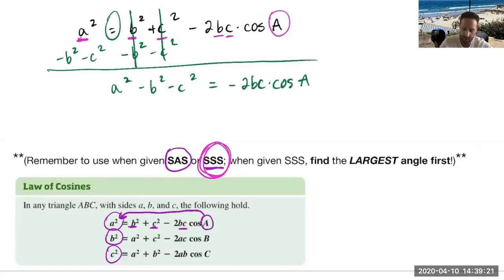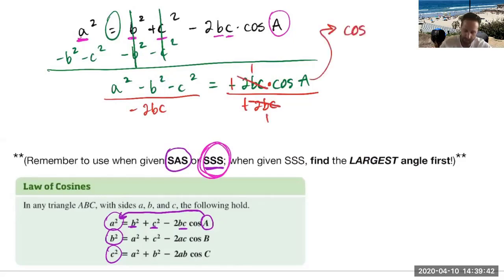So since I'm trying to get A by itself, my next step would be to undo this multiplying by dividing by -2bc to both sides. Now we know what happens when we divide a negative by a negative, that becomes a positive. And when we divide anything by itself, it becomes a 1. So I now have the cosine of angle A is equal to